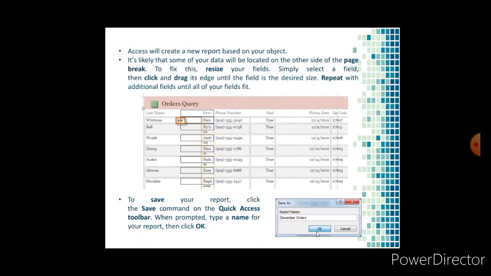You should save your report. To adjust the design of your report, simply hit the Design button. Same as within the tables, adjust your report accordingly. This is the creating of reports.